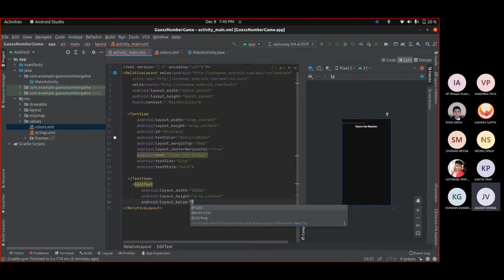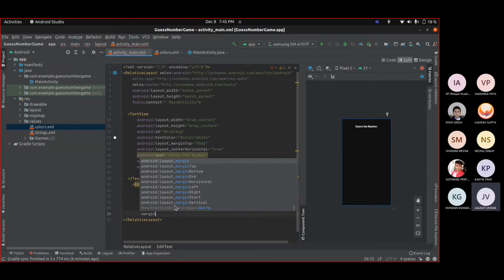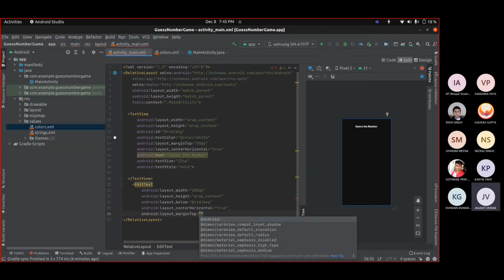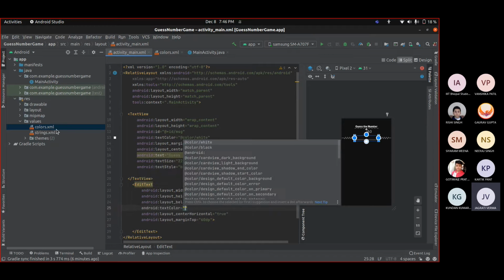So we want the layout below our message text view. And after this we want it centered horizontally, so type here center horizontal and type true. And after that we also want to set some margins, so margin from top, meaning the margin from the guess the number text view, is going to be, I guess, 60 dp. And we can also type here that the text color is to be white.